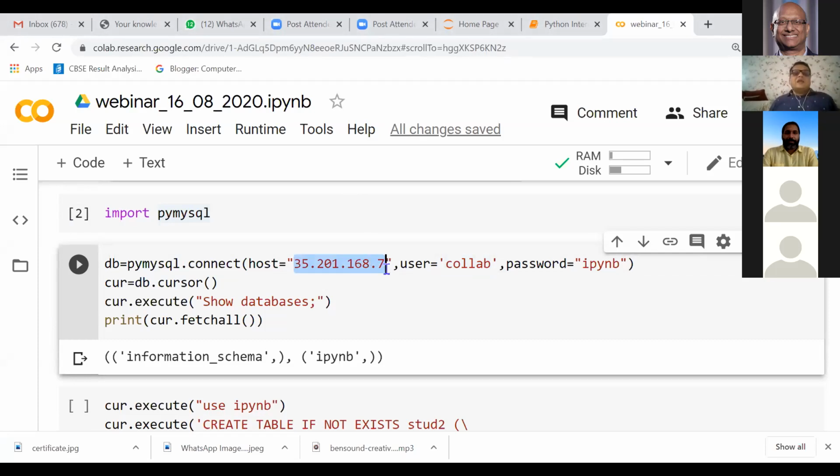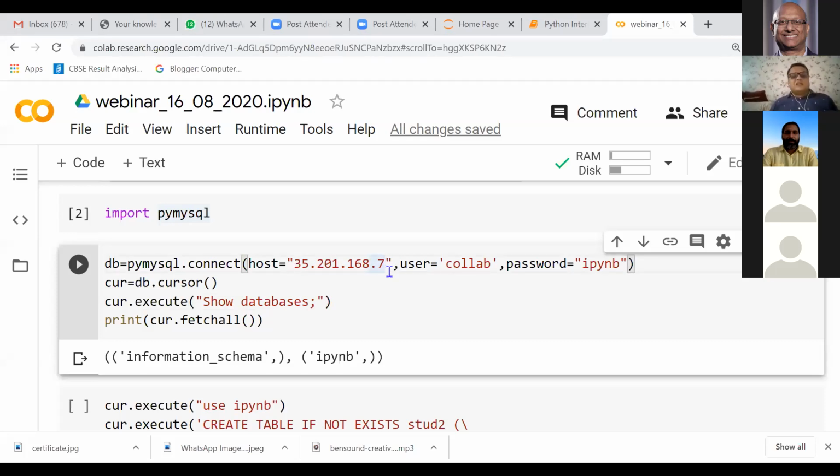This is not a local server. This is my server on Google Cloud. I created my account on Google Cloud, created the database there, created the public IP of that particular database, and wrote it here. That is my online database available on Google Cloud.